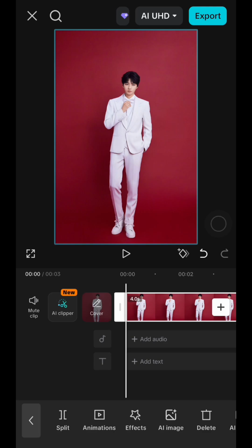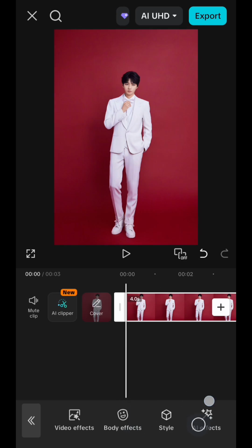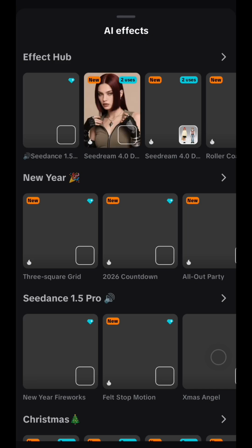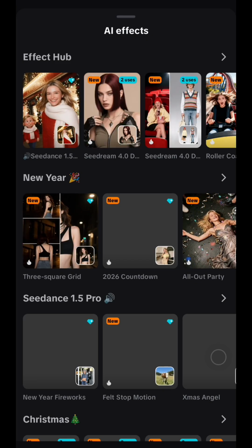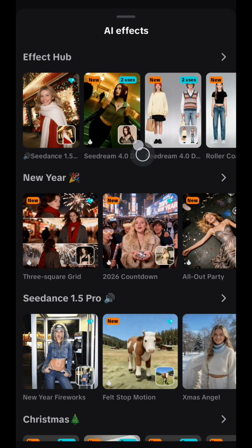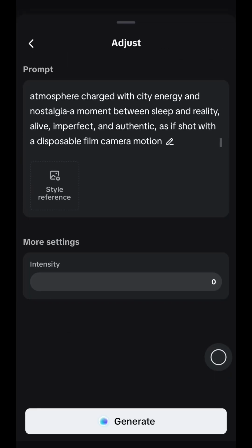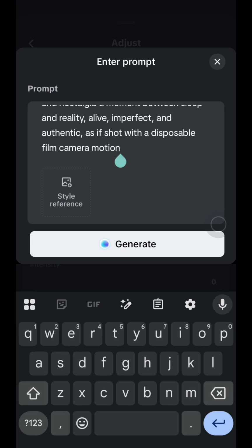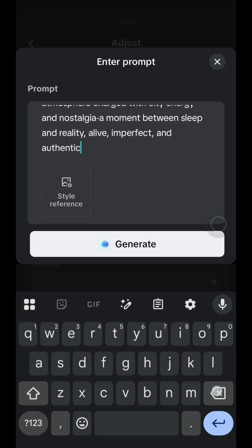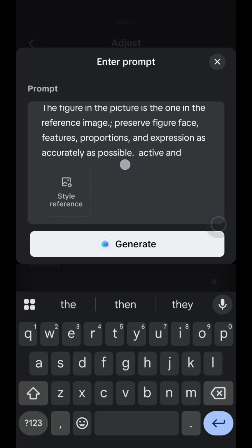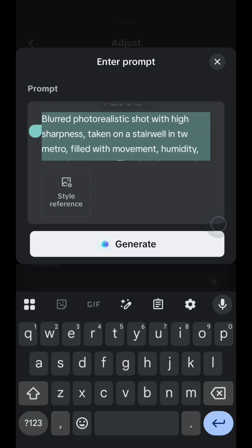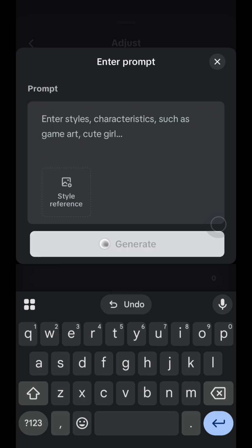And then next, just tap on the photo and then go to effect, this one, and then go to AI effect. And then just tap on Seedream, this one, and then just tap on customize, and then just delete the prompt like this. And then next, just paste this prompt